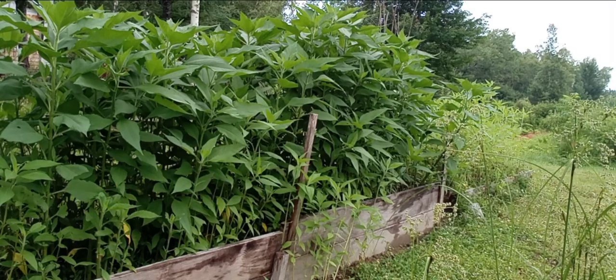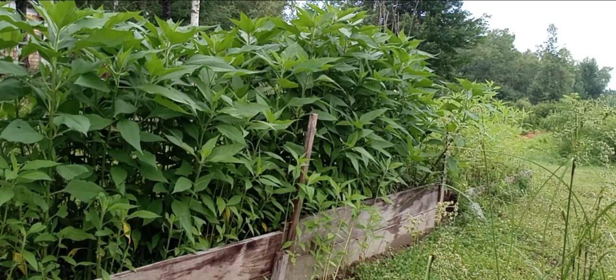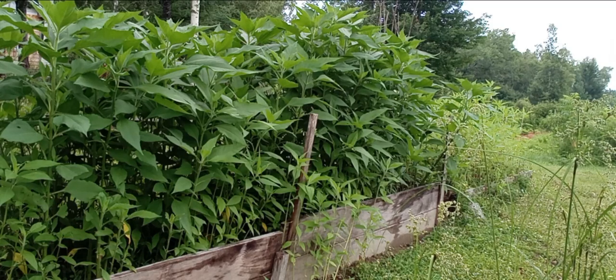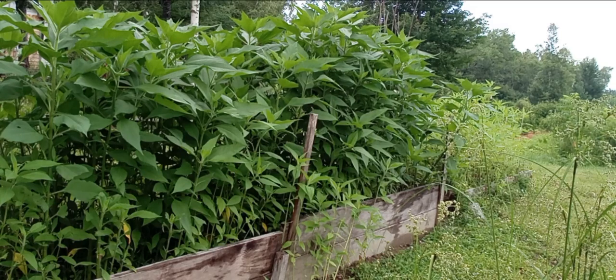It could be, but I've seen them basically just crawling up and down the stem. Now, I will take you off the tripod and walk you over to them so you can see the stem with the ants on them, and I'll show you what happens when you do not take care of your sunchokes. You leave them to do whatever they want to do after 8 years. So this tall greenery here, the dark green, the real healthy looking plants,